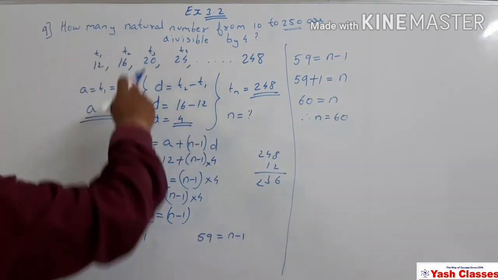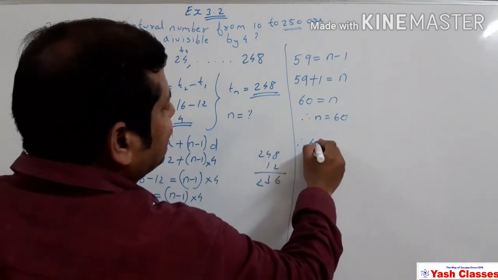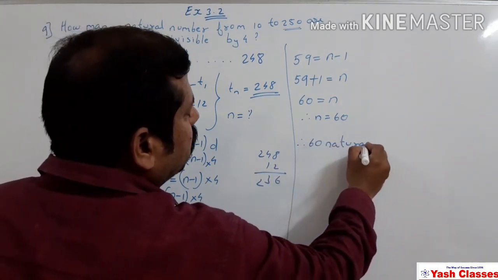Now what they are asking, how many natural numbers? Therefore 60 natural numbers